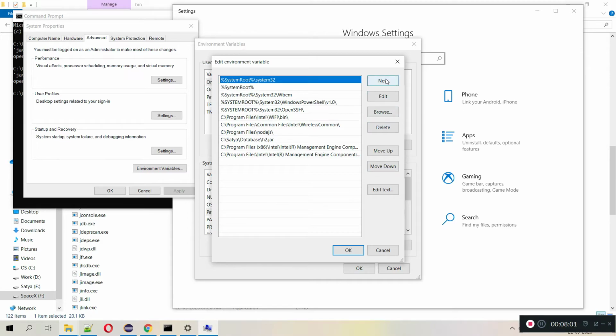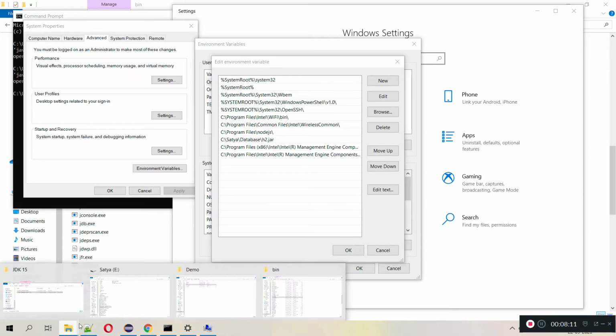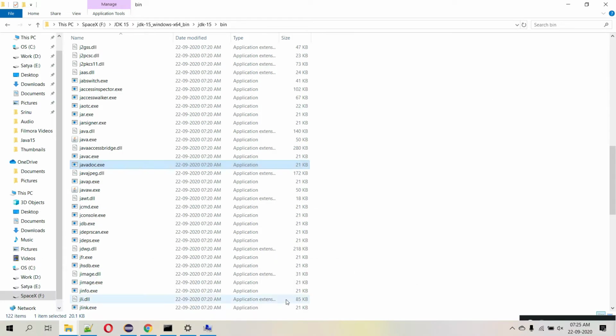Make sure that the JDK path is not already set. Now you extracted Java JDK into some drive, right? So go to that path and choose the JDK's bin folder.